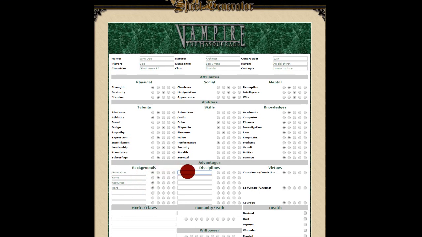Then you have disciplines. Now your disciplines are actually dependent on which clan you have. So you're going to have to look at your clan. In my case, it's going to be Toreador. And every clan has 3 basic disciplines that they have. Everything about the disciplines is listed in the book. You can just figure out exactly what each discipline does and how many dots in that discipline you need to do certain things. Okay, so the disciplines for a Toreador are